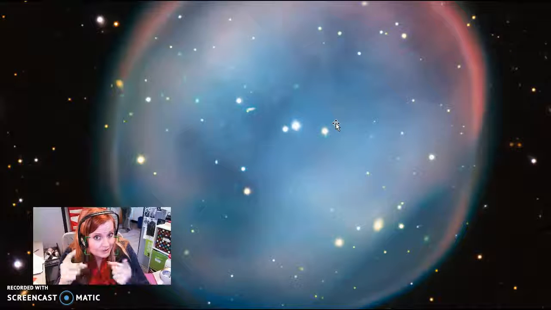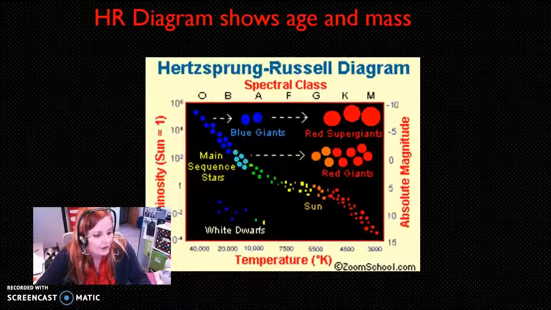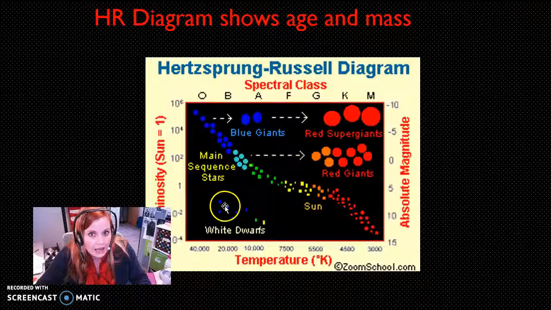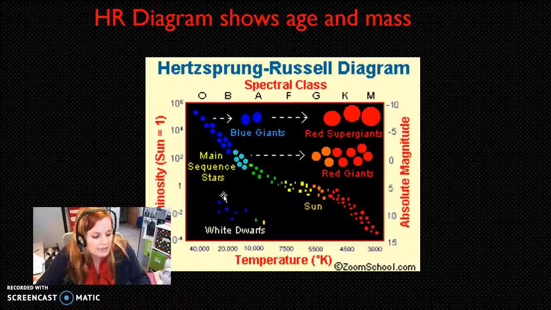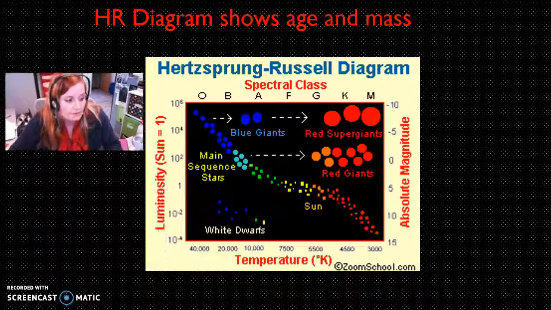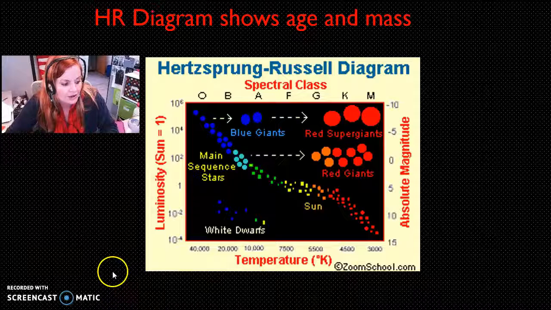It's just got residual heat. So it's very hot, because remember, the surface temperature was a lot cooler than the core temperature. That's why these guys lie here on the diagram, because they're super hot, but they're not very bright because they're very small. And then eventually they just cool down and go dark. They're just chunks of carbon in space. And we call those black dwarfs. Black dwarfs are dead low mass stars. And that's the fate of our sun eventually, but not for